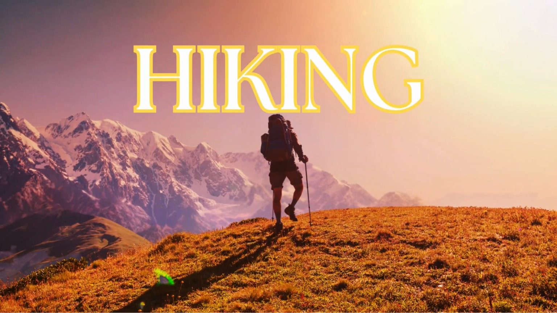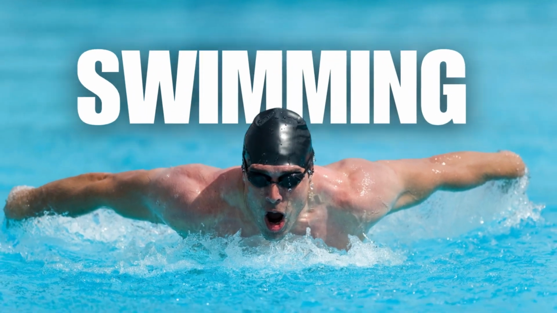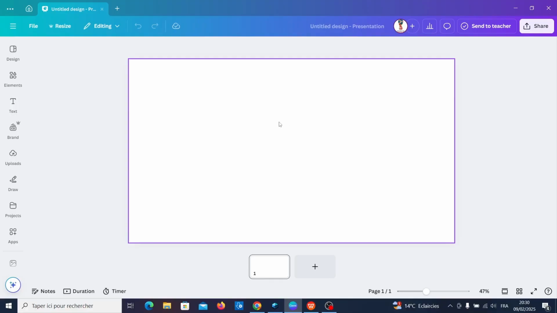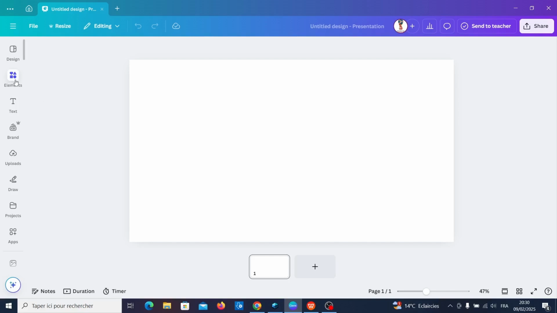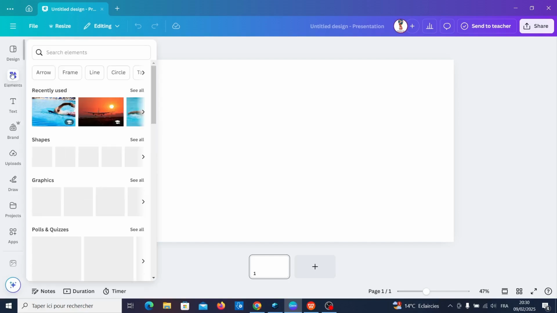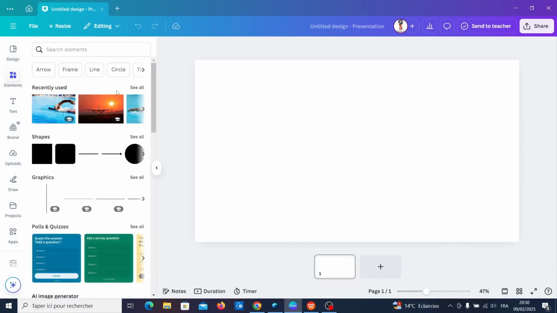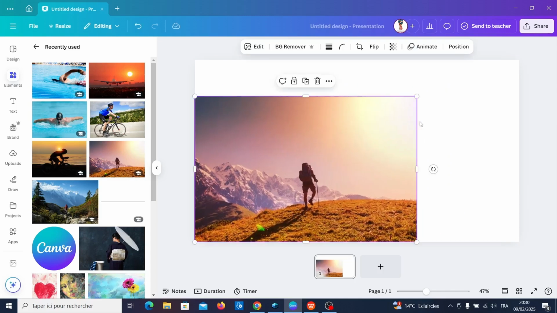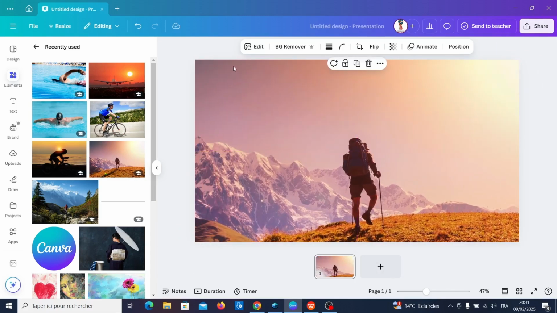Hi, in this tutorial I will show you how to create collage animation in Canva. So, create a new design and upload your photos. For me, I will choose just in elements. Choose your first photo like this and resize it and go to edit